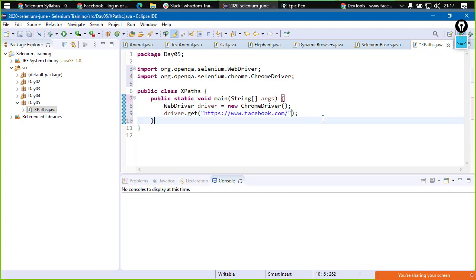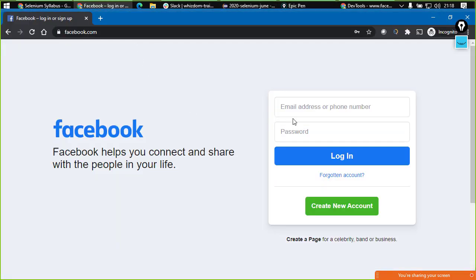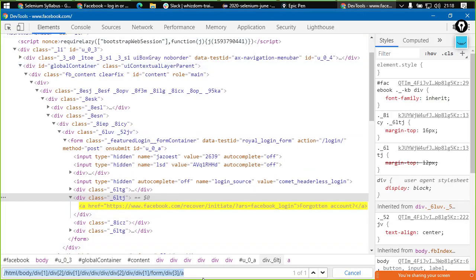Now we have got to facebook.com. What's next? The next thing is looking up that element. So what is that element? The element is this Forgotten account, where we have the XPath. Now let us have this XPath